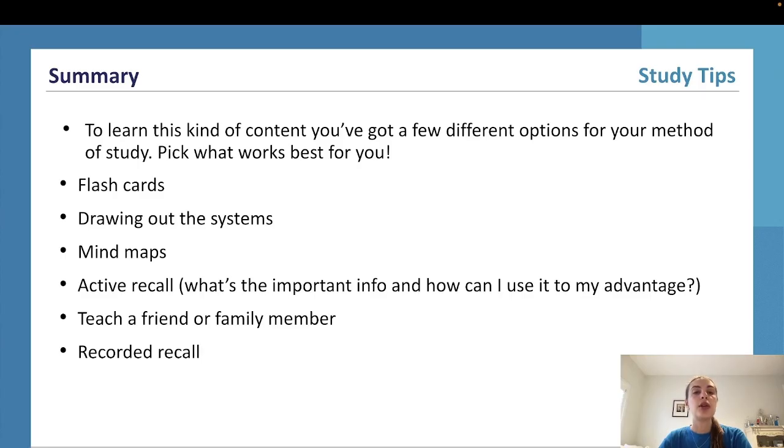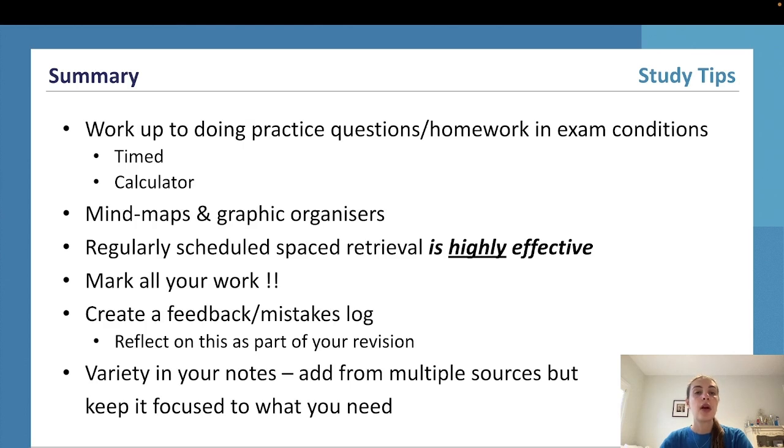The next thing you need to do for learning this type of content, the best way to do this, there's quite a number of ways, and you just kind of got to try out which one works for you. But a few examples are you can do flashcards, you can draw out different processes, mind maps, active recall, teaching the information to someone else, doing recorded recall, doing practice questions and your homework under exam conditions, so that's being timed and using the right calculator, mind maps and graphic organizers, doing regularly spaced retrieval,